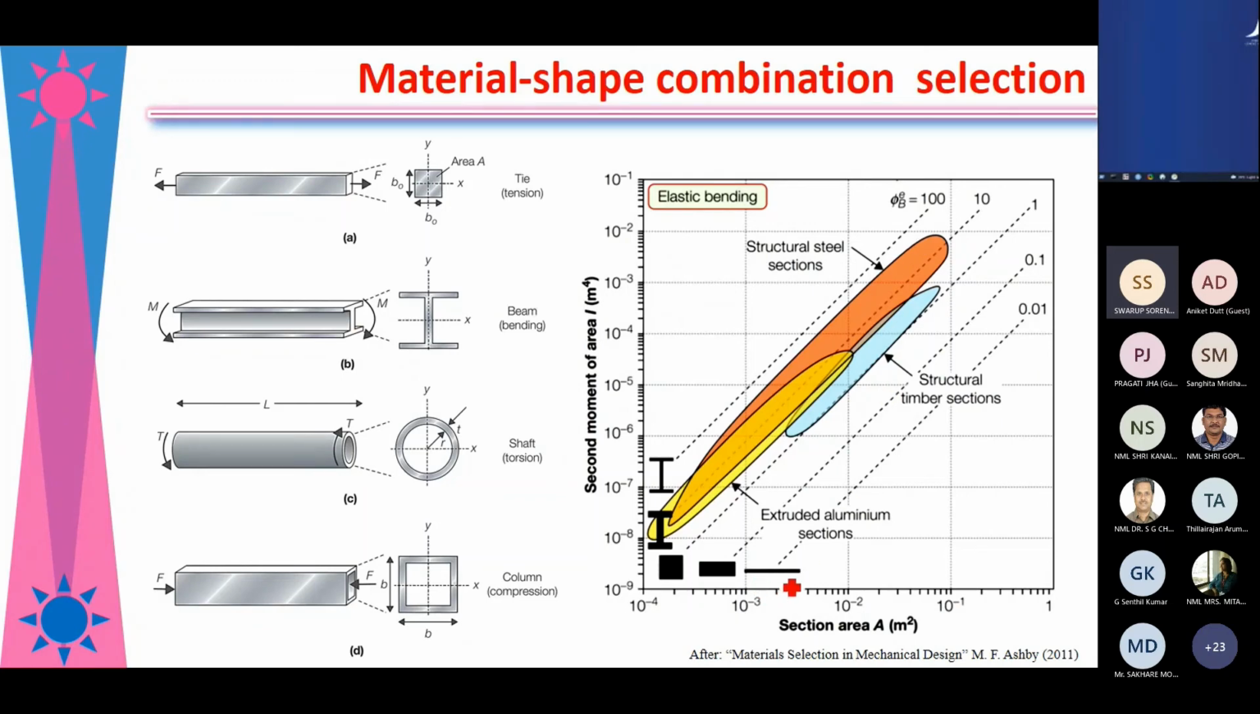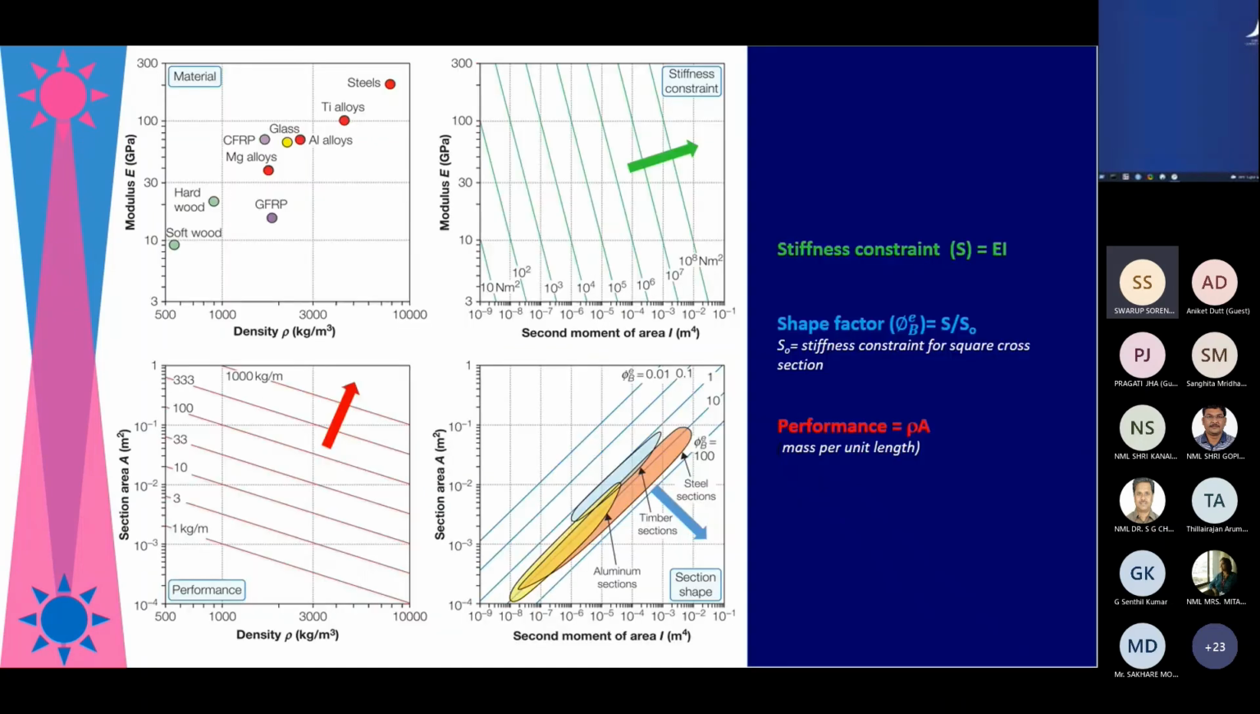So if you have a sheet, it will bend, and as this value increases, like I section, then this will be better. And this is superimposed with the data from steels, timber, or aluminum alloys, aluminum extrusions to show that for different materials, what kind of relationship is available in the data for second moment of area and section area. So here what we would like to emphasize is if we want to design